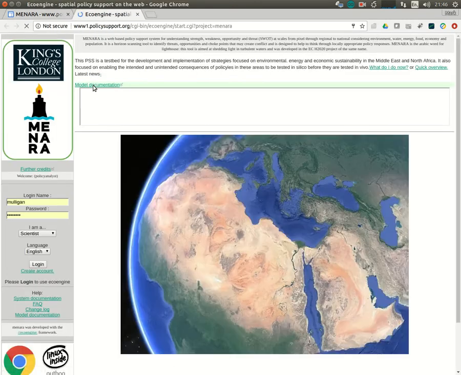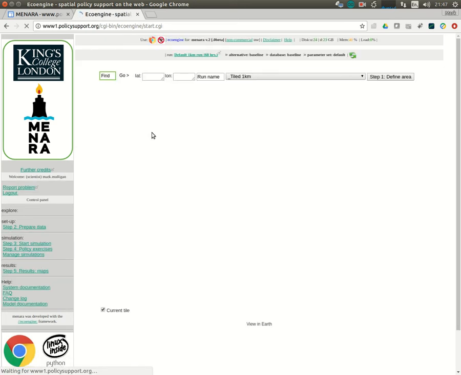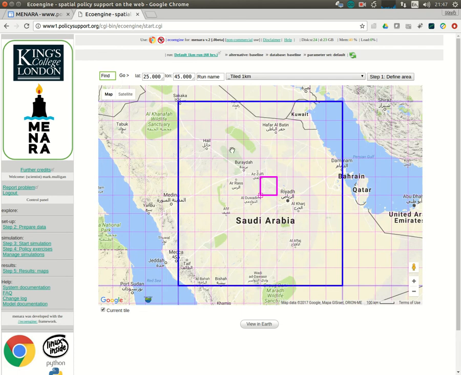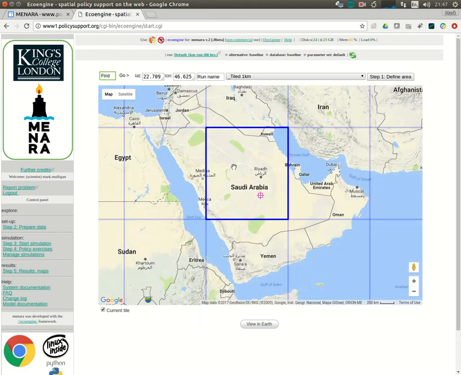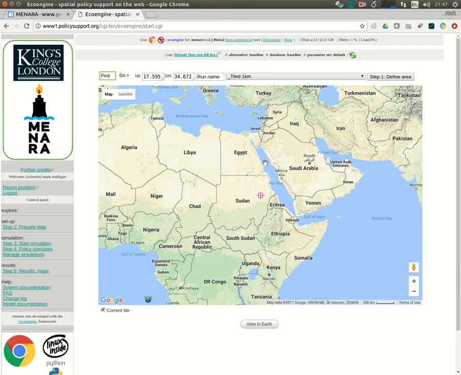This will open a window looking like this, in which you will then need to type in your username and your password that you set up when you created an account. You would then log in, and you'll see a map focused on the Middle East and North Africa,